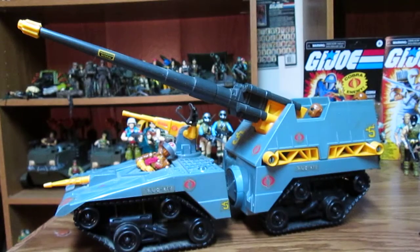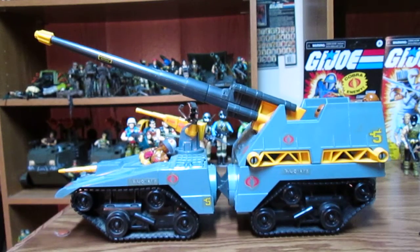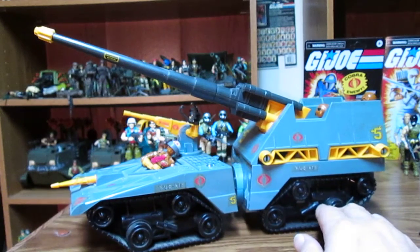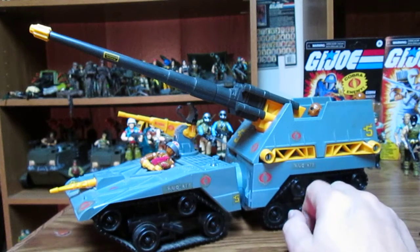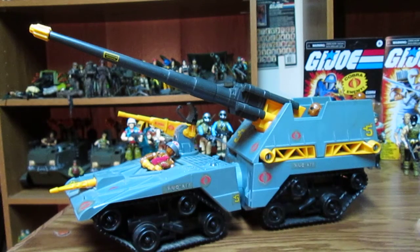Now, I noticed on this vehicle there's no tow stuff. And it's just like the Terradrome, there's no missile launch system. It's kind of strange, a big huge base with no missile launch system. But, oh well. Anyways, this is an awesome vehicle, and I do recommend that you get 1 or 2 for your collection, or Army Build More. And I believe this was made for the Night Force, so I don't know if they use the same brittle plastic, but again, if it's the brittle plastic, this should be reduced in price, because